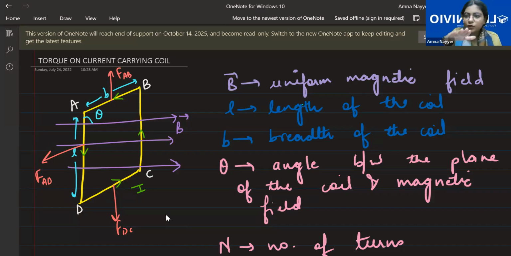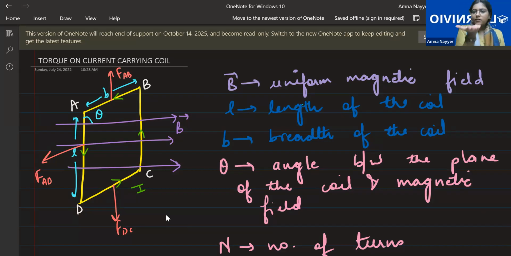I'll tell you. First, you get to know that your fingers will be pointing inside. This is clear. Yes. Now see, there are lots of possibilities. It could be kept like this. It could be kept like this. It could be kept like this. Right? This is the confusion. Now see, you have to put your palm in such a manner where you are able to curl it towards the magnetic field. Now see, Raneem, if I take my hand like this and I put it like this, will I be able to curl it towards the right? It's not possible.